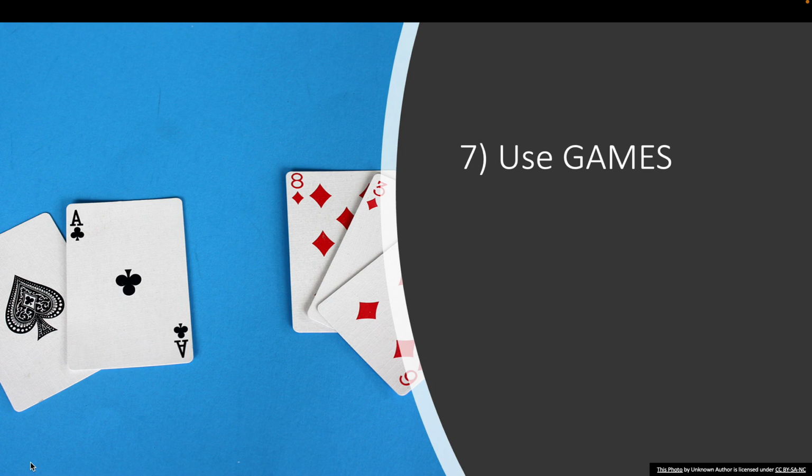And this is really great for English because you sit around in a circle with your 2 or 3 other partners and you ask each person, you can say, do you have an 8? And the other person will respond, yes, or no, go fish. And then it's their turn. Do you have a 3? Yes, no, go fish. So you can see that they're asking yes/no questions. They're not even thinking about it. They're so focused on the game. They don't realize that they're already starting to master yes/no questions,